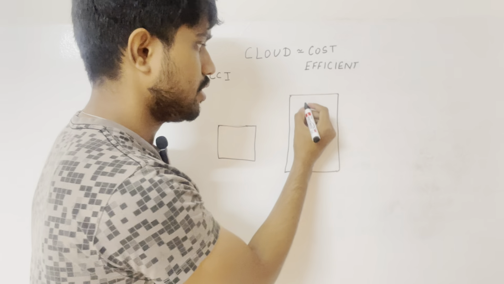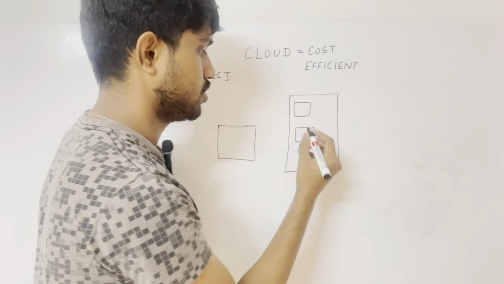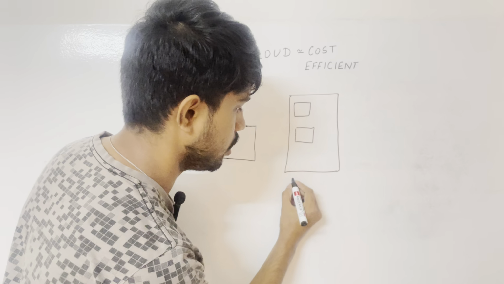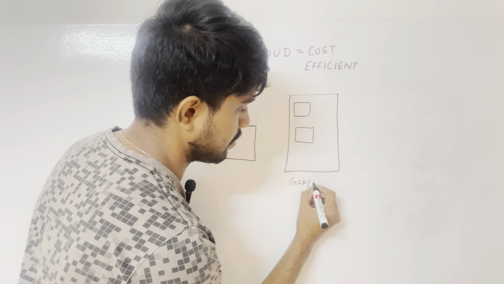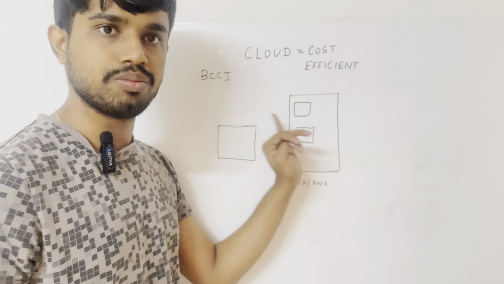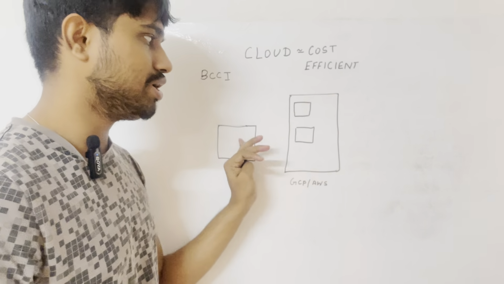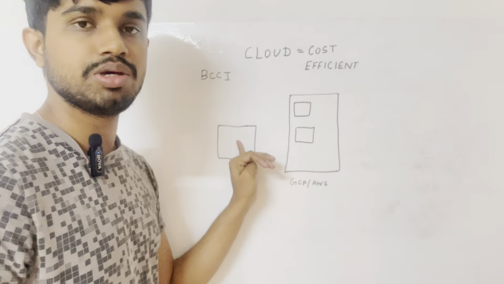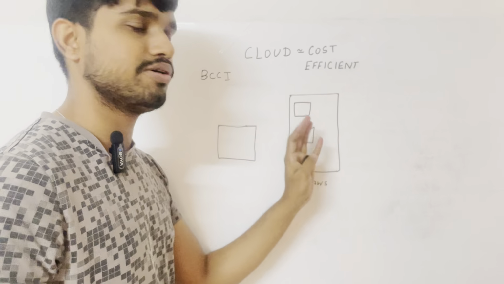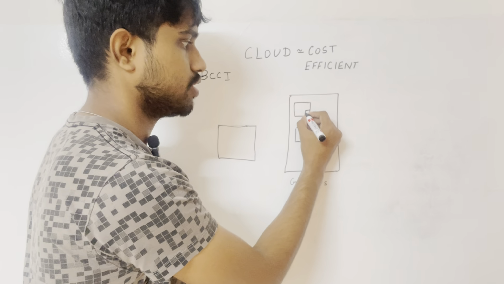And within a data center, there are a lot of computers. So when you go and ask a cloud provider, for example, Google Cloud Platform or Amazon Web Services, they won't ask you to buy a big computer because you will have 100 users maybe after 5 months, right? Now they'll ask you what your requirement is. You say maybe 4 GB RAM and maybe 2 cores of CPU and a few storage to store the videos, right? Then they will just say, okay, take a part of our computer.